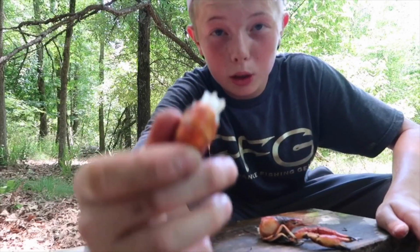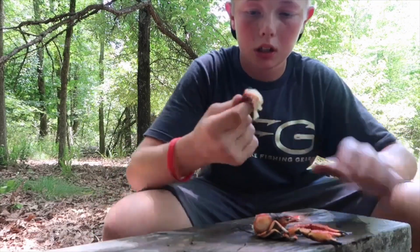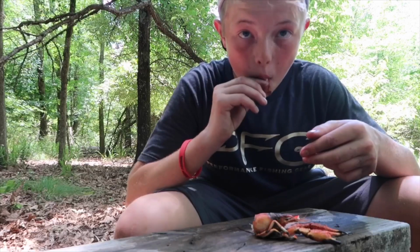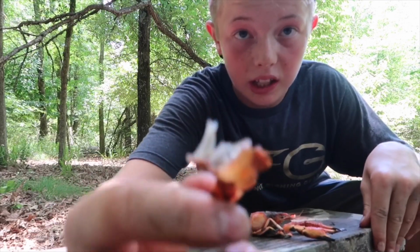That, I don't know about you, but looks like it's cooked to perfection. There she goes. All that white stuff right there is meat. Probably gonna taste like ash, but here it goes. There you go. Tail, you can see it's completely empty. That's all the meat